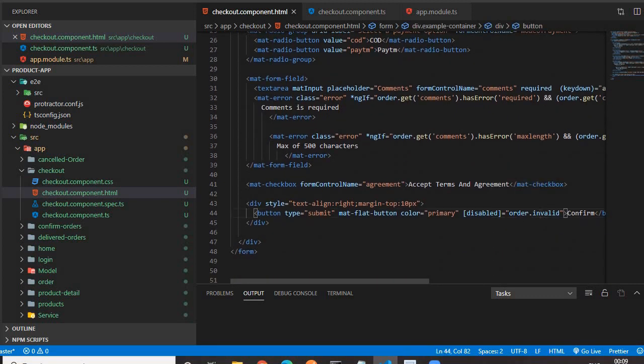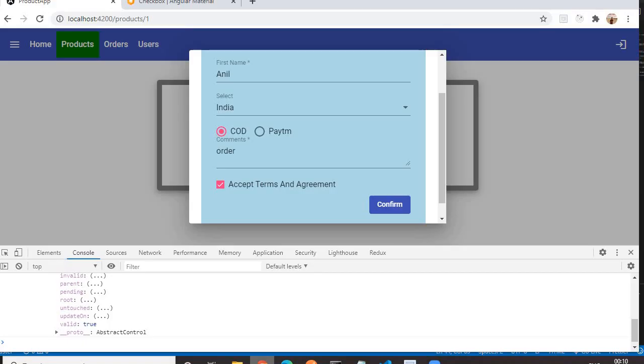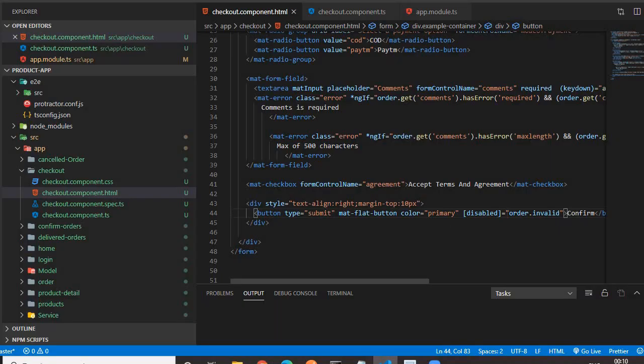This button will be disabled only on invalid. If we go to the invalid property and click on that, invalid is false. That's why disable is false, and disable false means our button will be enabled, because our form is in a valid state.